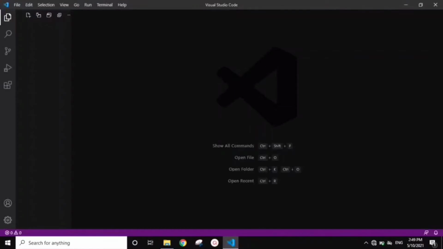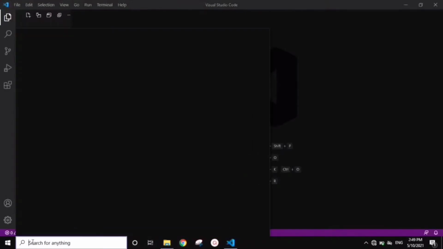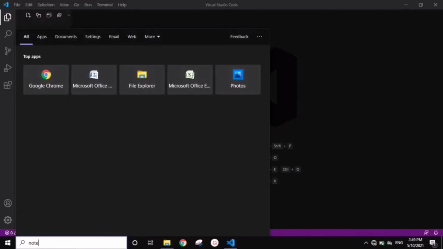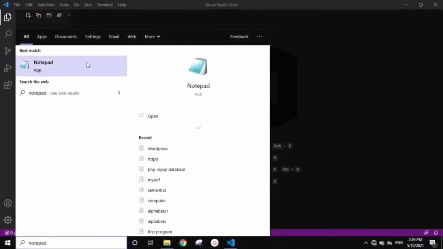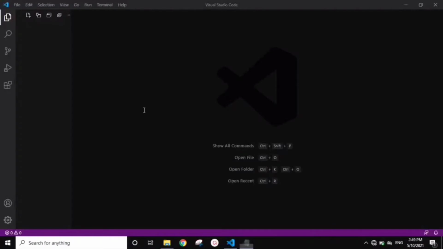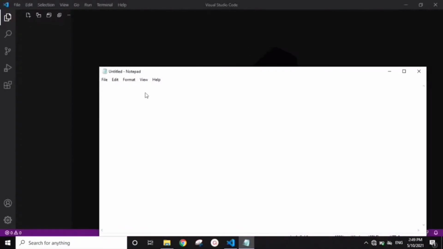So now let's just get started with our very first program in HTML. I am going to be using Visual Studio Code. If you don't have Visual Studio Code, you can go in this search bar and type Notepad. So you can see this, and when you open this, you can get a notepad. It is the same as Visual Studio Code, just the coloring is there in Visual Studio Code, which helps me to understand where my code is wrong. Okay, so here also you will get the same thing.